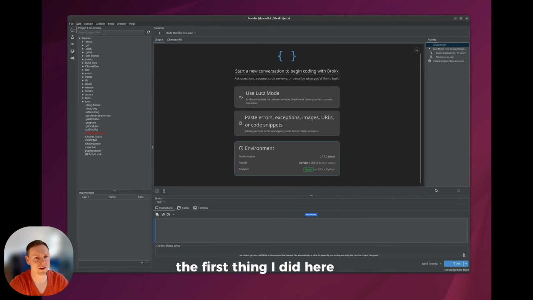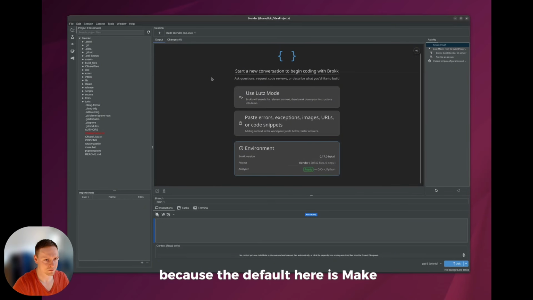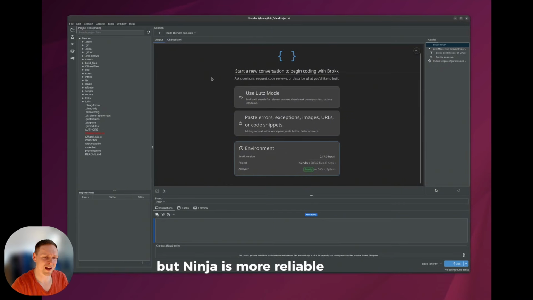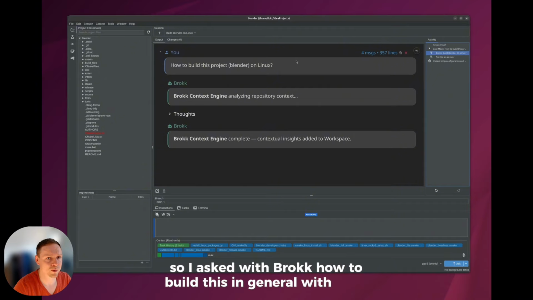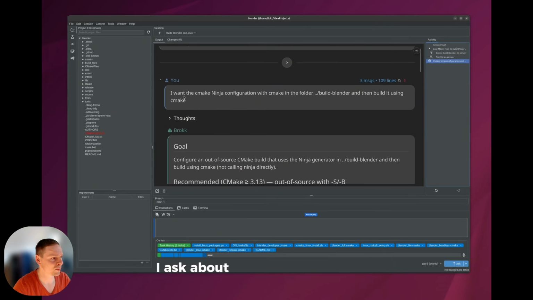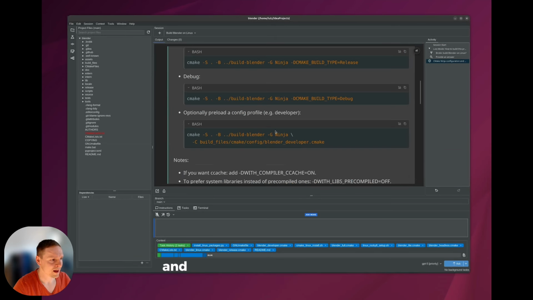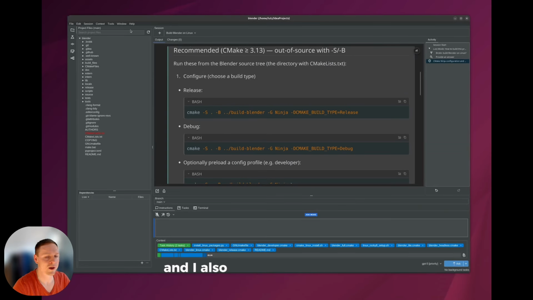The first thing I did is I opened a new session and asked how I can build this with Ninja, because the default here is Make, but Ninja is more reliable, most of the time it's better, so I wanted to use Ninja. So I asked Brokk how to build this in general on Linux, and I went deeper into the conversation, and you see I asked about how to build this with Ninja and how to use a specific folder. Then it responded with the commands needed to do this, and I also wired this command into the settings,